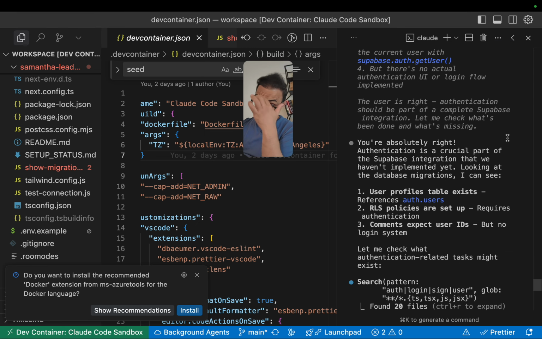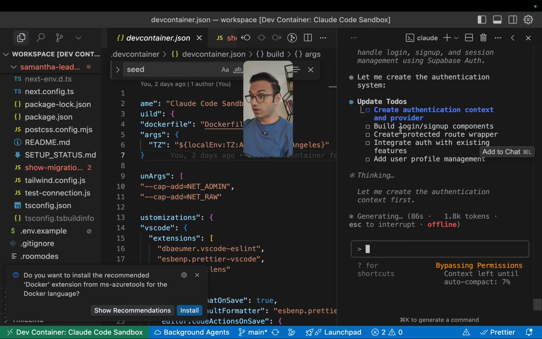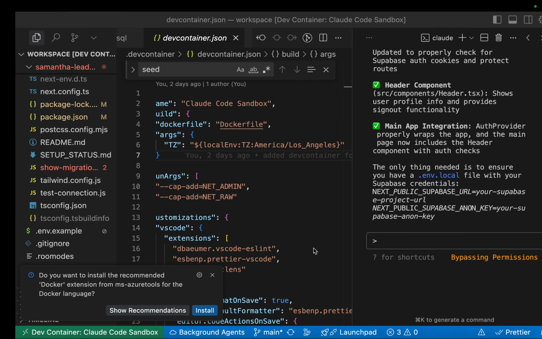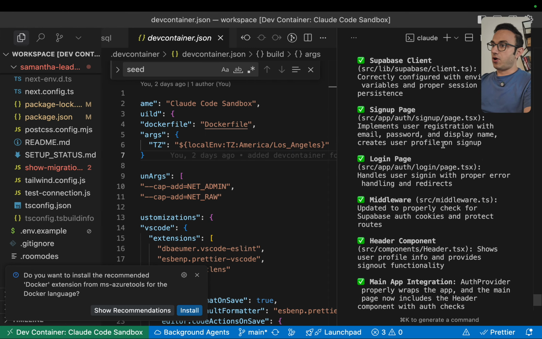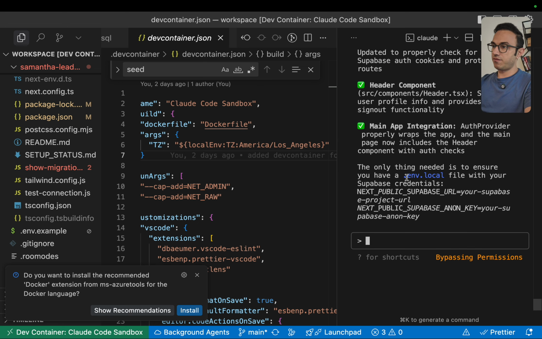Indeed, the authentication was missed. So I have already prompted it, and it's working on the authentication part, and then we'll see how after implementing the authentication, this whole thing will work. All right, so all the changes are done, and it's asking me if I have the local information set up,